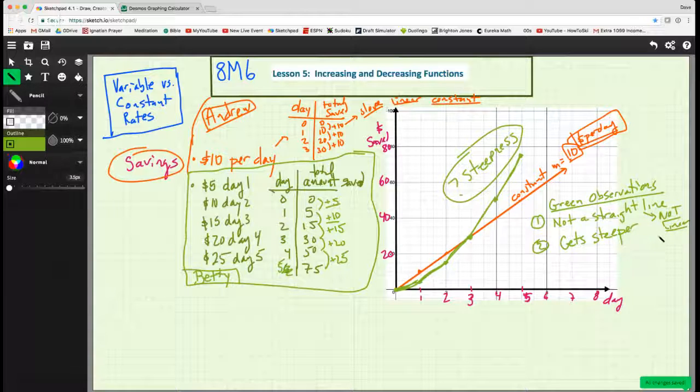Which also means that the slope is not constant. Right? The slope isn't constant. If the slope was constant, we'd have a flat line, but here the slope is here, now it gets steeper, now it gets steeper. We know that it is changing. So it is getting steeper and steeper, and because it's getting steeper, we're increasing